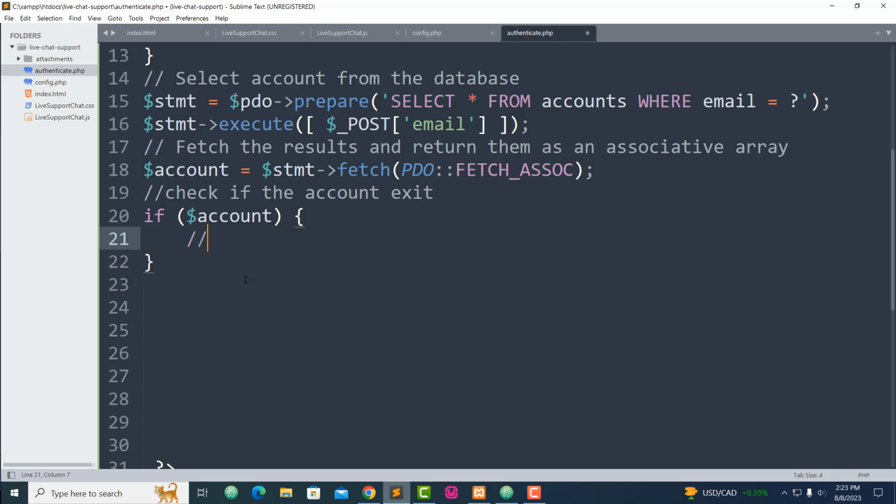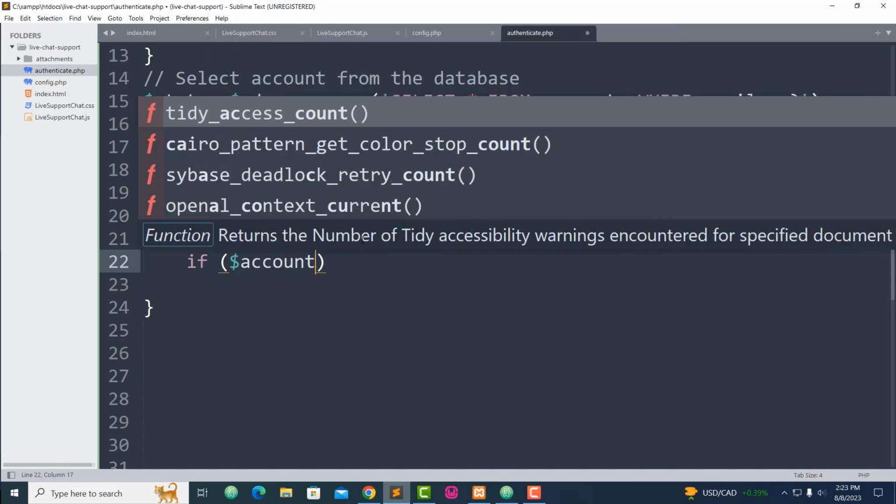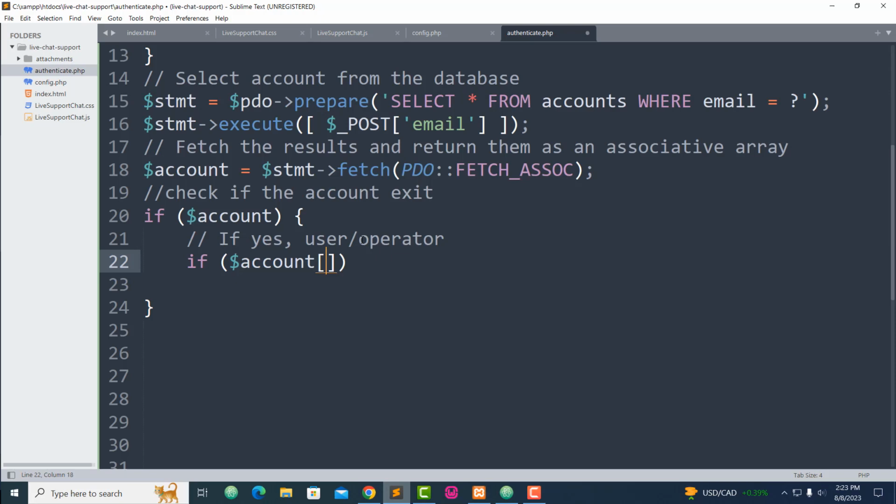We have to check operator or guest or an admin. Okay, now if the account exists, make sure it's user, I put it this way, or operator. And then to do so, I'm going to use another if statement here for account. But for the account, I have to check the role of those people. Okay, I'm going to say role like this. If role equal,